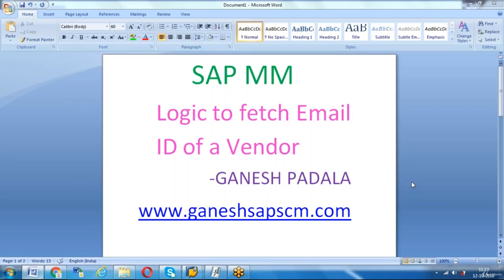Like how to fetch an email ID of vendor master. Say why it is that much special. For example, we think like vendor master, the email ID is available in the general data. That's why it will be available in the LFA1 table, but it won't be available in LFA1. That's why I got an idea like we will make one small video which will be useful to many people